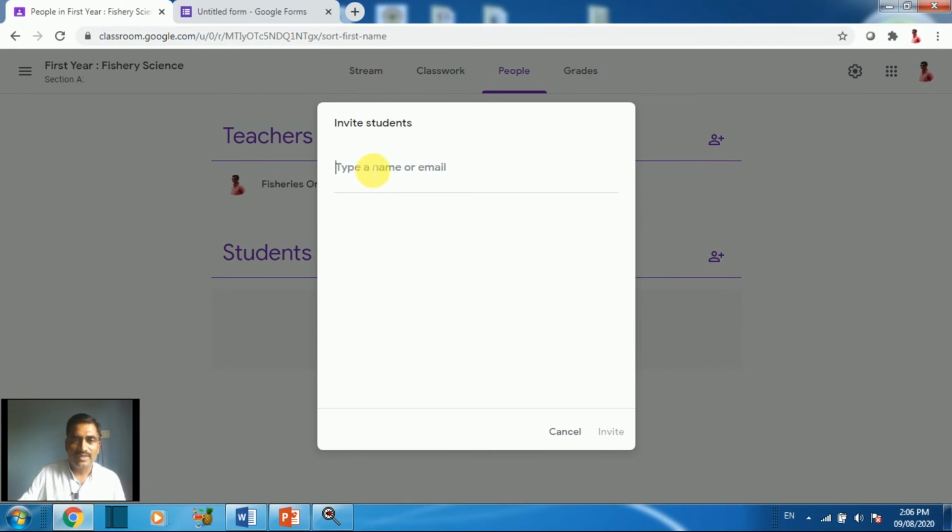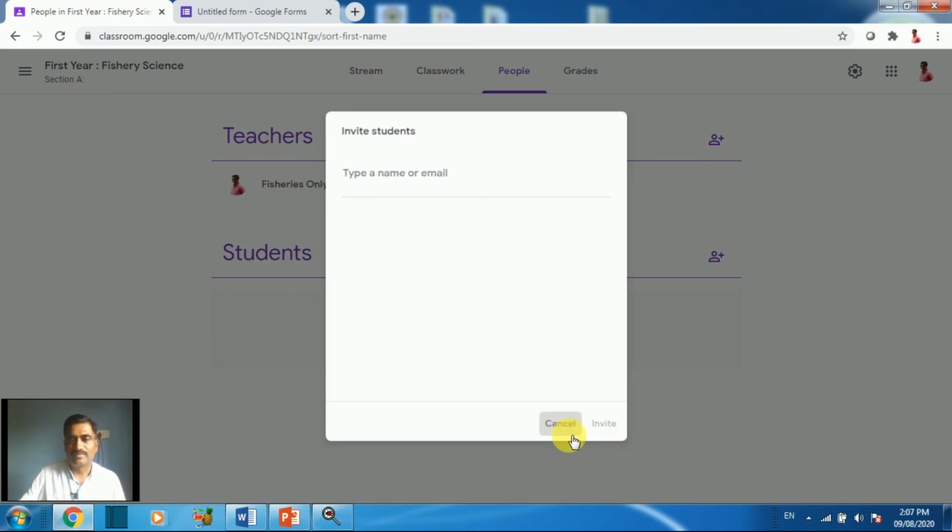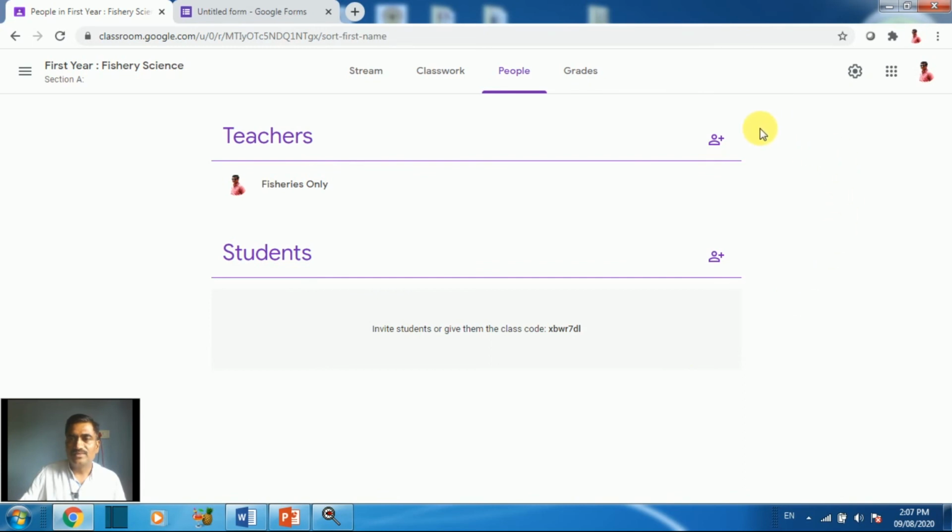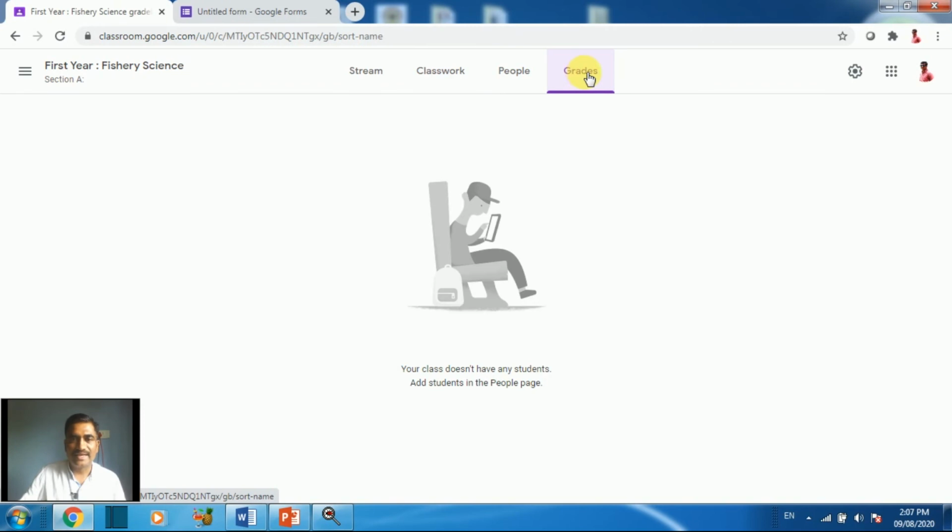Just we have to type all mails of students here and just click invite. The mail will go to the students, they will join through this link. Otherwise, there is one option, we already saw the plus button, join the class, from where also the students can join. And the fourth option is the grading option, we will see it in the next part.